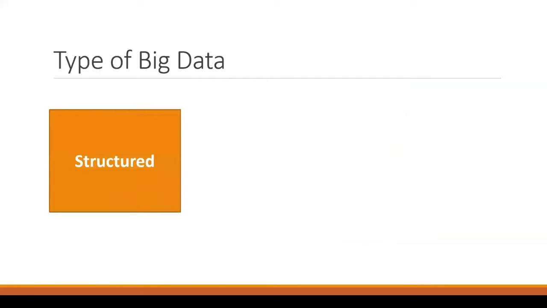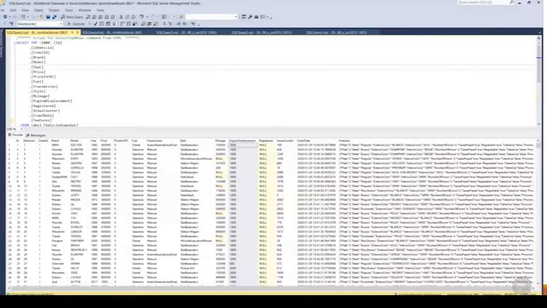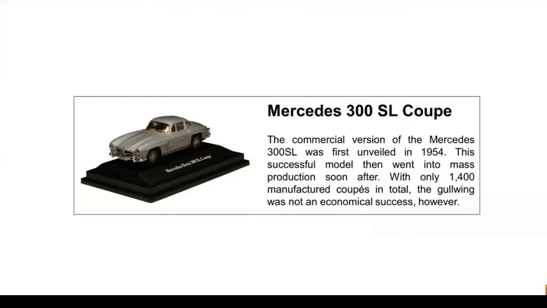Types of big data. The data can be structured, semi-structured, or unstructured. If you see, this is RDBMS data, relational database management data, in tabular format. So this is structured data. Then you might have some data in JSON, XML, or email format. Although it has some structure, it doesn't conform to any data model. After some effort, it can be put into tabular format. So these are semi-structured data. And there is some data like images and videos. Those are unstructured data, which need to be processed differently.